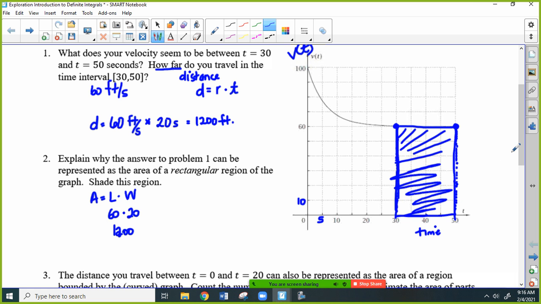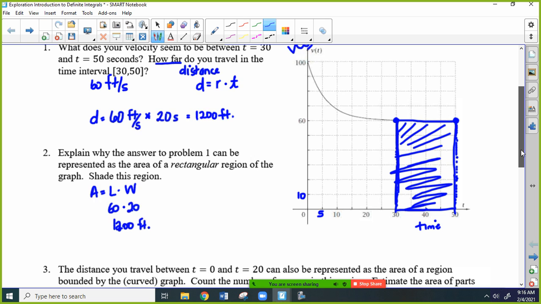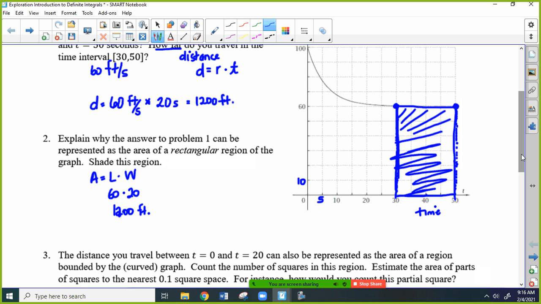All right. So it's still 1,200 feet. Okay. Now, let's move on to a different part of the graph. It says the distance you travel between,